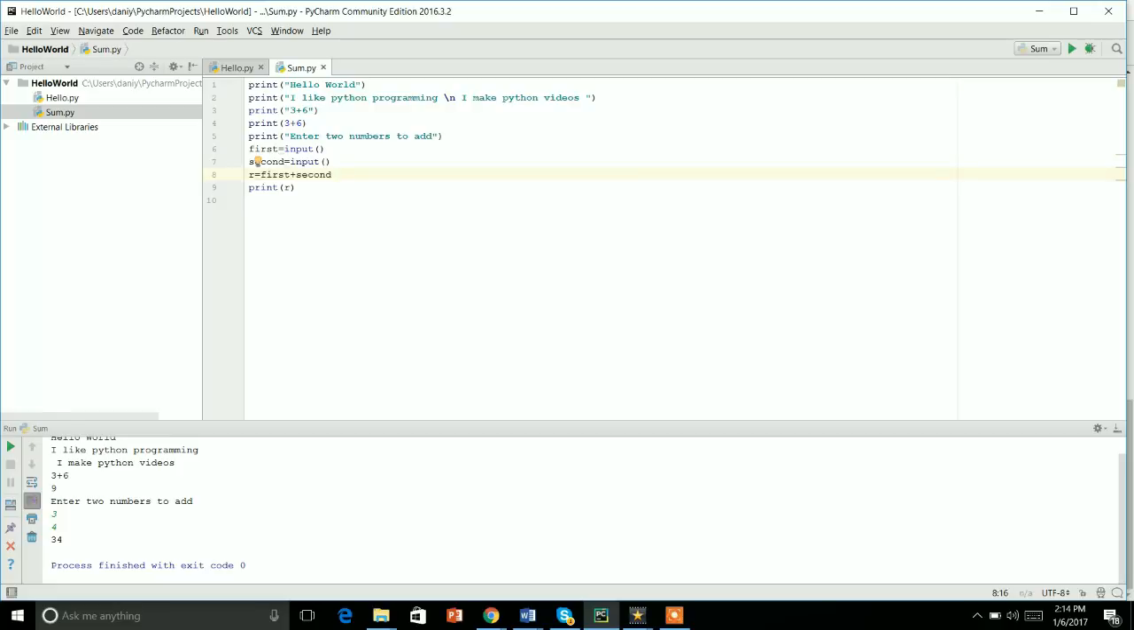So I am making a comment over here. You use the pound symbol to make a single line comment in Python. So making a comment, adding as a string. So this one is not adding numbers. So how we can improve is, we can typecast this input as int